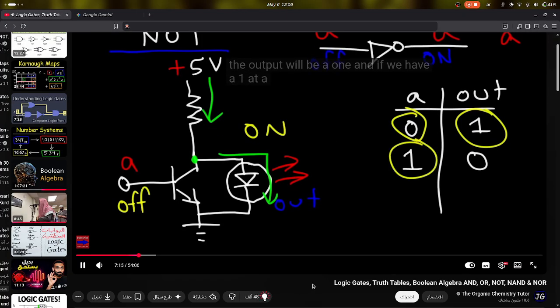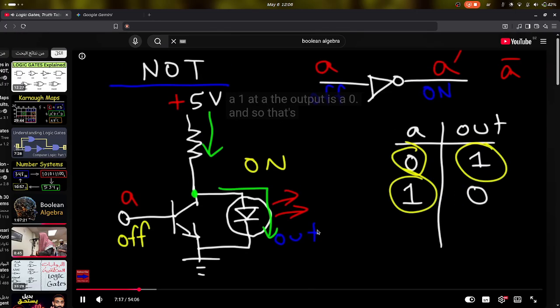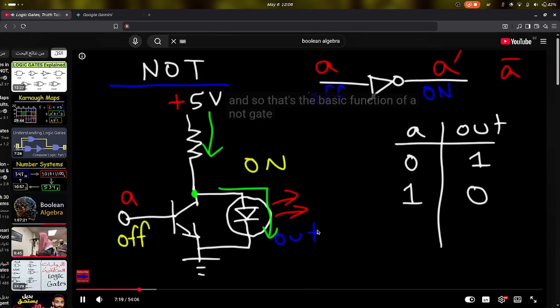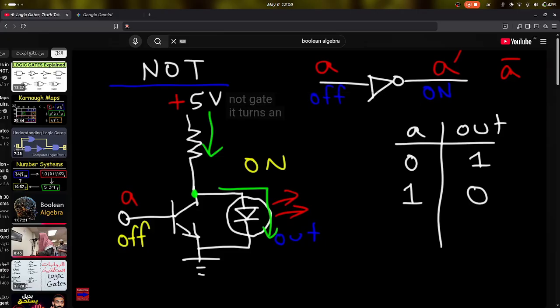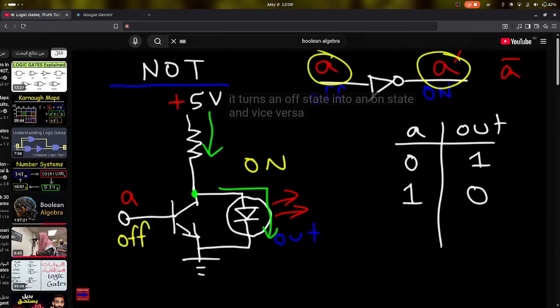And if we have a 1 at A, the output is a 0. And so that's the basic function of a NOT gate. It turns an off state into an on state and vice versa. It turns A into A prime. Now the next logic gate that we're going to talk